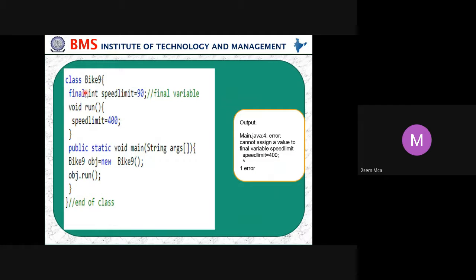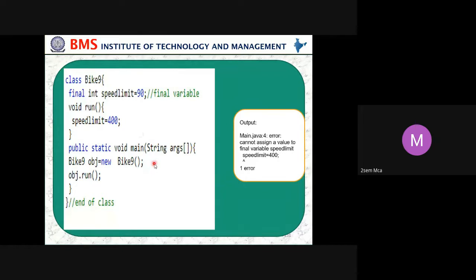So let us see one small example, where we use final and try to change the value. Now Bike is one class, and in it we say speed limit is 90, and we declare speed limit as final. We call a run method, and in it we change the speed limit to 400. We create a Bike object and call the method. We'll get an error, because first we said speed limit is 90, and later we are saying speed limit is 400.